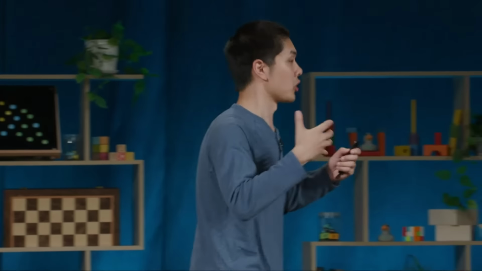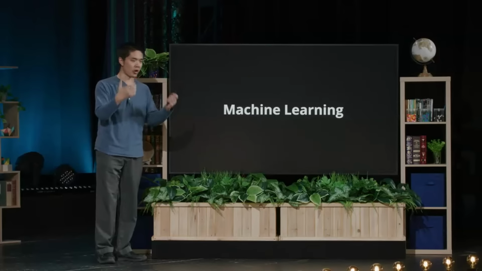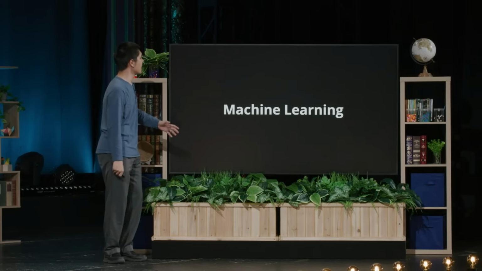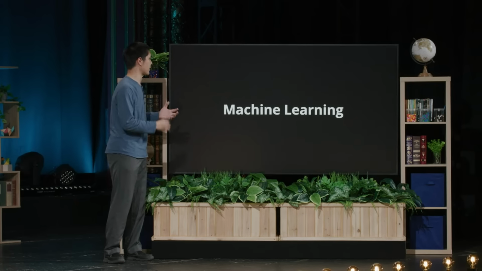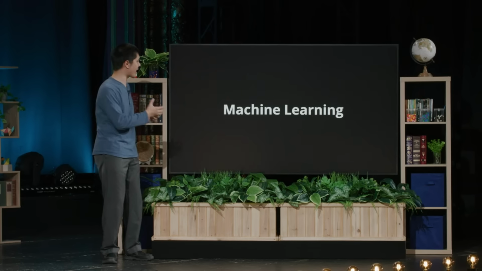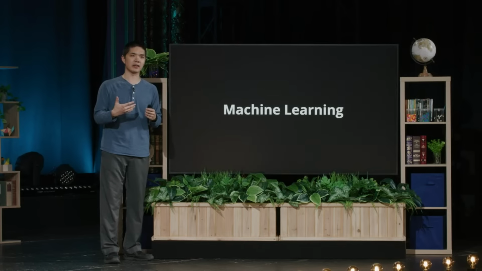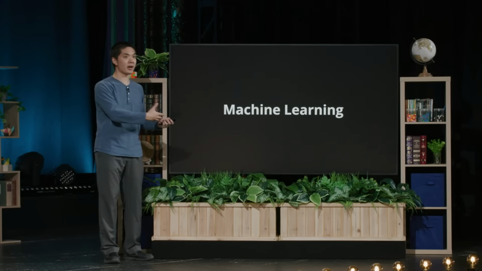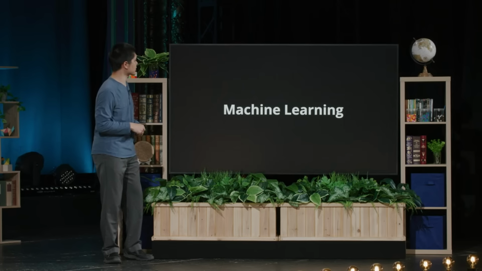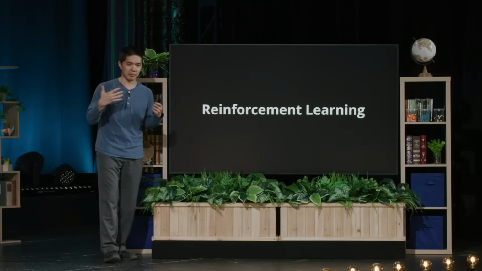And so one big area within artificial intelligence is not just about giving AI the tools to come up with a good strategy. It's giving AI the ability to learn, to be able to take information, learn from that, and get better at being able to solve some kind of problem or perform some kind of task. And we call this subdomain within artificial intelligence machine learning, or ML. ML is all about giving computers the strategies and the algorithms and the techniques they need to be able to learn from data, or to be able to learn from experience, for example. And the particular kind of machine learning I want to talk about now is something called reinforcement learning.